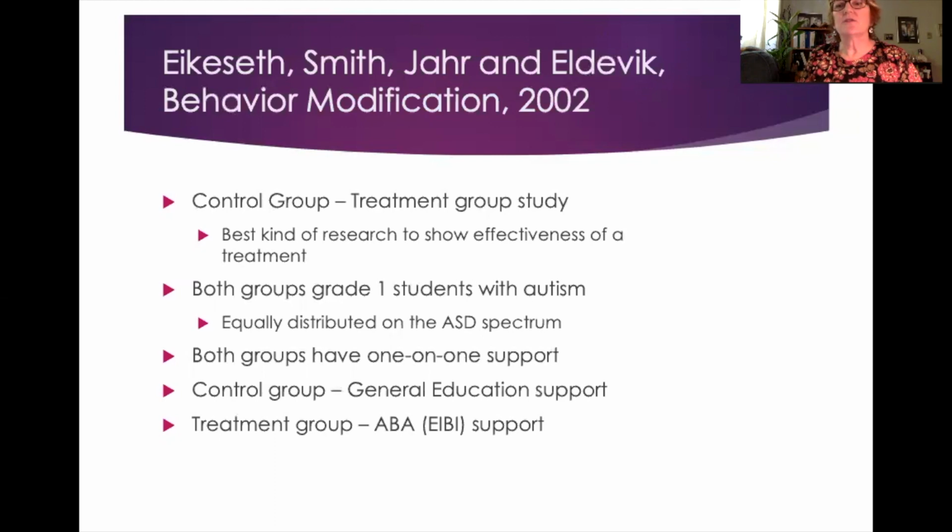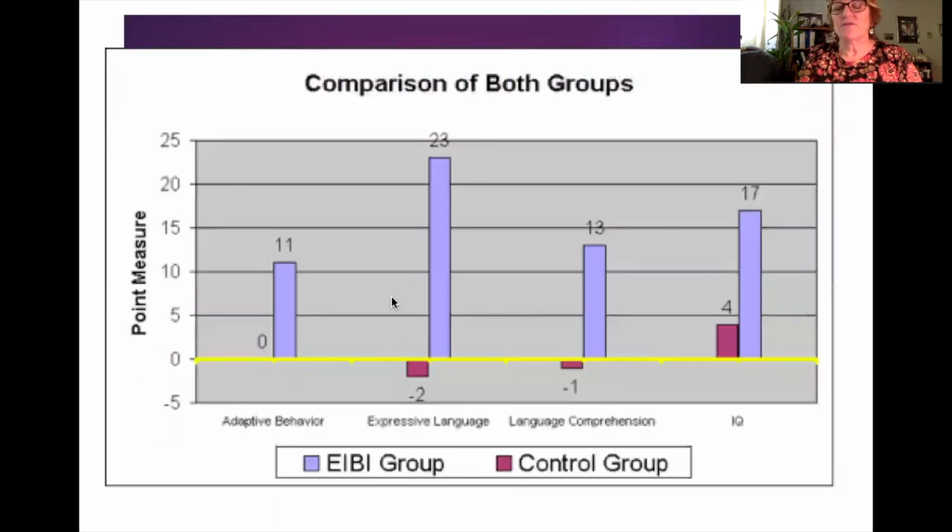Generally, the EAs do not come in with ABA training, and nor do the educators, the teachers, the resource teachers. They don't have ABA training either. So they have general education training, general education for any disability, not just autism. So that's the two groups, and here's the outcome of the study. I made this graph. It is not the graph that came from the study, but I took the numbers from the study to demonstrate how effective ABA was.